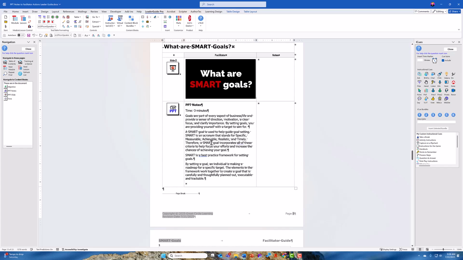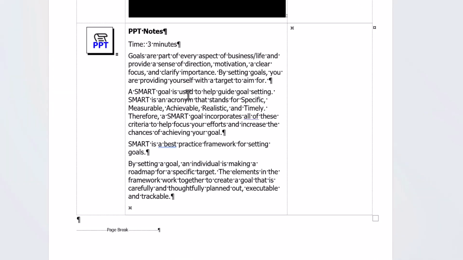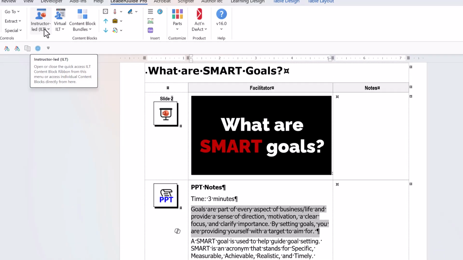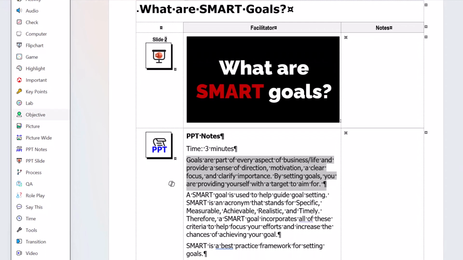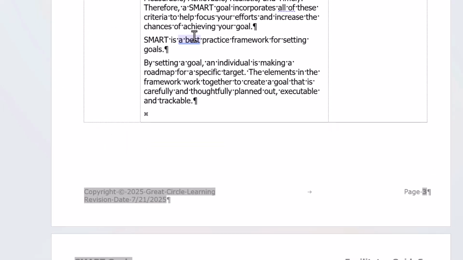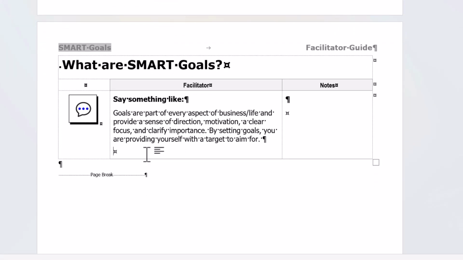So let's look at how we handle the notes section from PowerPoint that's come in, right? So we've got all the notes that were in our PowerPoint, and this was good, but I now want to break it out into deliverable actions for my facilitator. I can now come in and just highlight the piece. So let's say this first line is something I need the facilitator to say. I can highlight it, come down. Let's say I will choose the say block. And it has now copied it over into the say content block that I'm able to